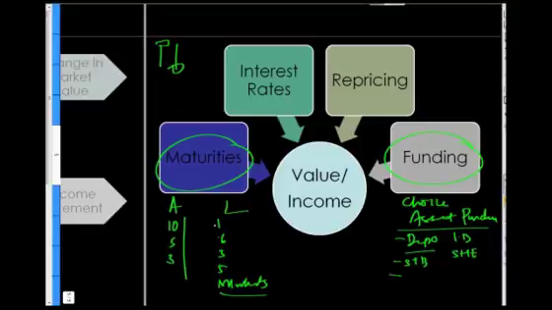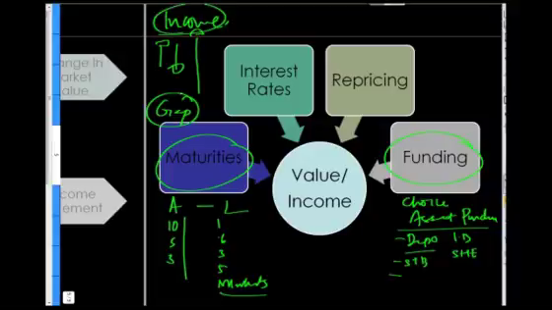So the difference between the maturities of assets and liabilities is, for now, let's just call it gap. Based on my outlook of interest rates, I may take decisions that may have a direct impact on the gap that I run. And the gap that I run has a direct impact on the income that I realize based on the mismatch caused by the gap. So which means, in addition to funding and maturity, I need to have an outlook for rates and have some understanding or assessment of how this outlook on rates drives choices here and how these choices drive income.